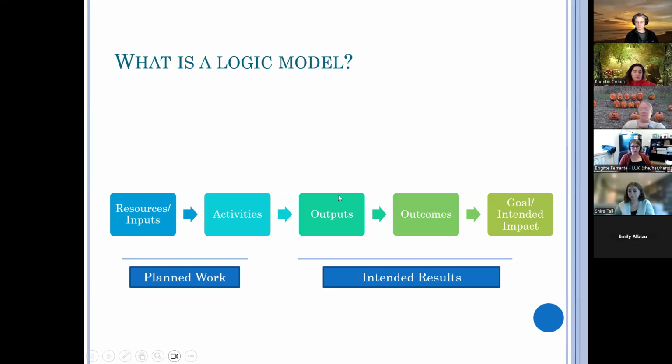The outputs are the tangible, countable things, the number of people you've served, the number of hours you've completed, the number of cats you've provided, anything that you count. And then outcomes are the percentage of youth that were able to develop a relationship with their new cat, for example, would be an outcome.